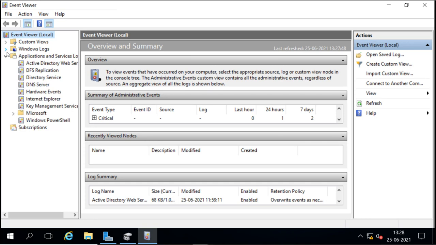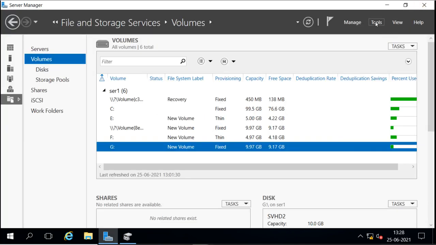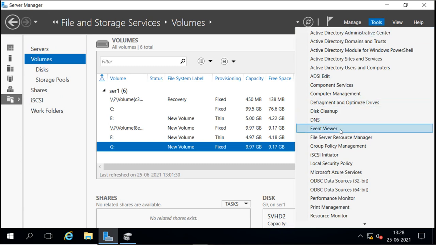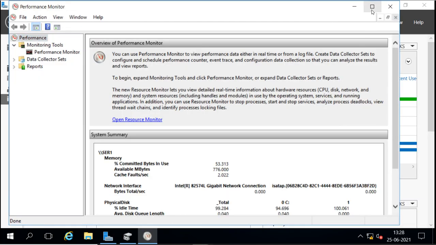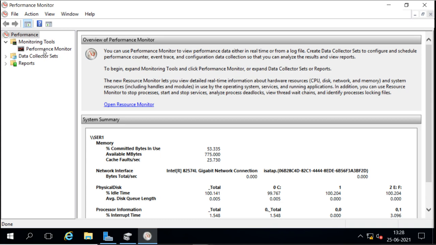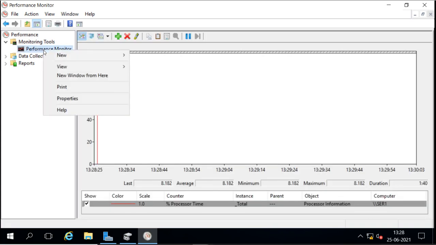Then we can go for performance counters. We can go for Performance Monitor, and under Performance Monitor we can add counters to monitor the performance of these.